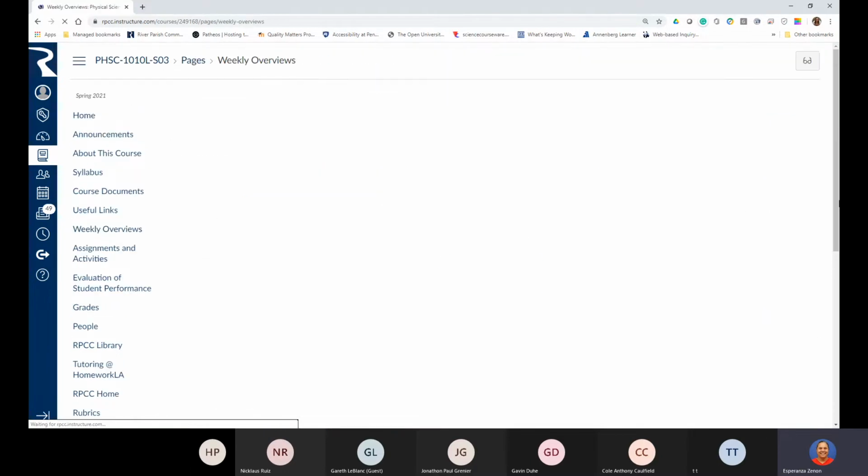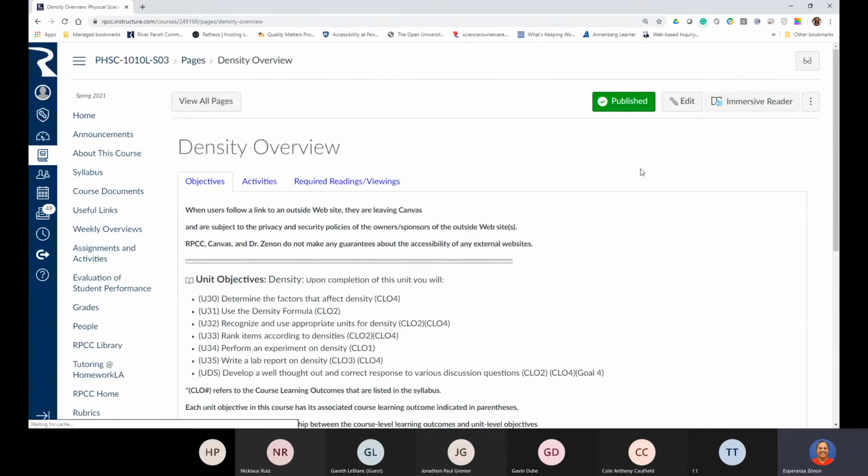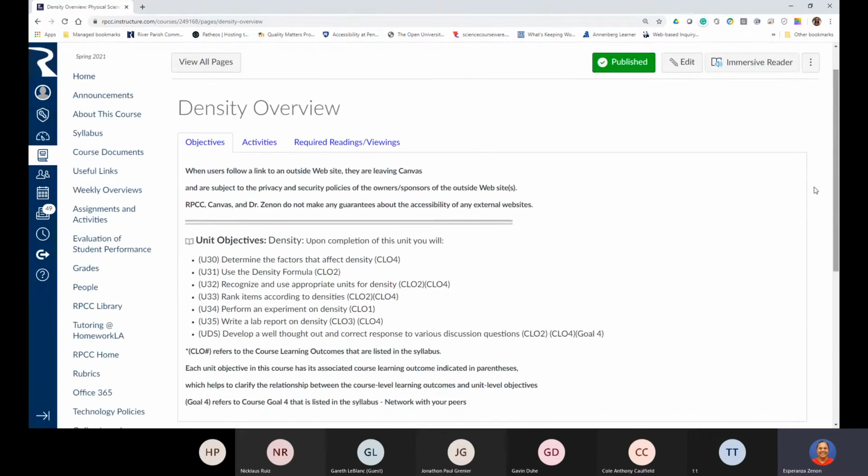So here we are, the weekly overviews, and this week your task is to deal with an experiment dealing with density. And you can see some of the concepts that fit after you finish the density experiment and go through the lab report and post lab. For those of you who have me for lecture,